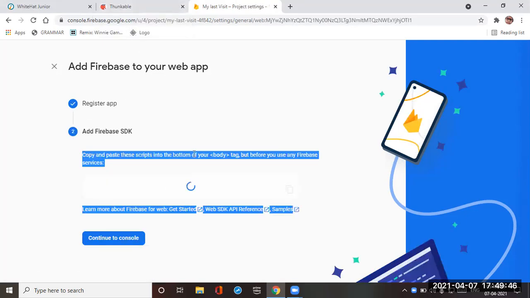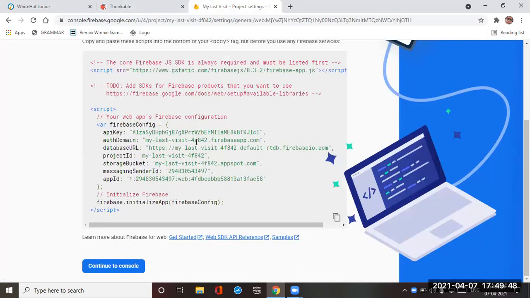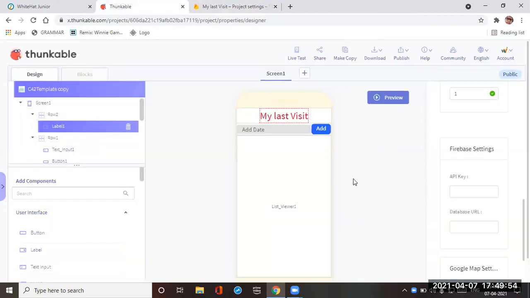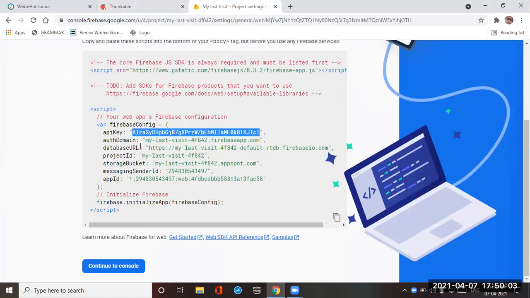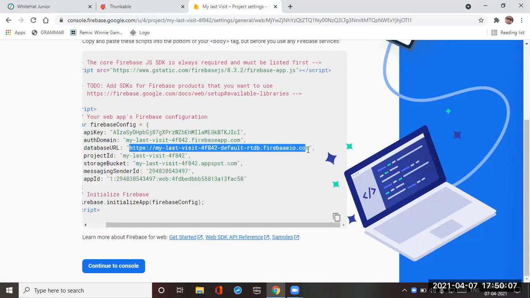Now you have to copy the API key from here, the one inside the inverted commas, and paste it in the Firebase settings API key. Once it is done, go to the database URL and copy it from here. The same database URL has to be copied.